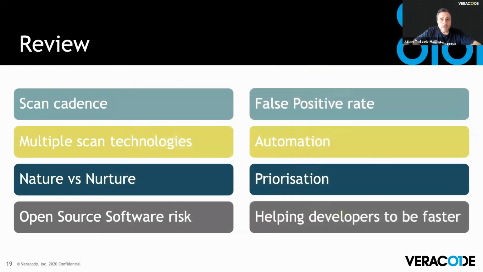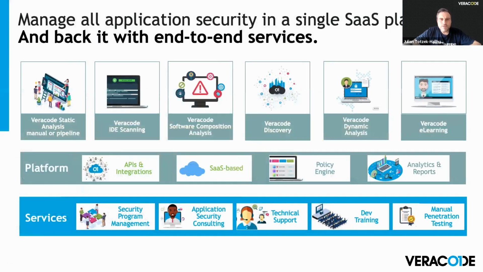All right, that was a lot of content in a very short amount of time. We have talked about all these topics here and how you can reduce the risk on your applications at speed. Well, maybe better to say how Veracode can help you to shift your application security testing approach from just finding flaws and vulnerabilities to really fixing them at speed. The main conclusion for today is that Veracode has your back when it comes to application security testing. In a single Veracode platform